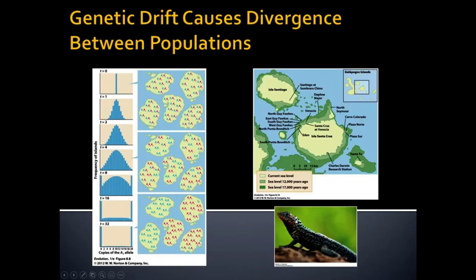So looking at this population of lizards in the Galapagos Islands, we can treat the Santa Cruz population differently from the Isla Santiago, and by looking at the history, we might even know when they were broken up. And then we could see that if there is variation between them, it may be due to natural selection. Maybe the island conditions are a little bit different, but it's probably more likely, because these islands are close to each other and still very similar, that differences we see between these now separated populations are due to genetic drift